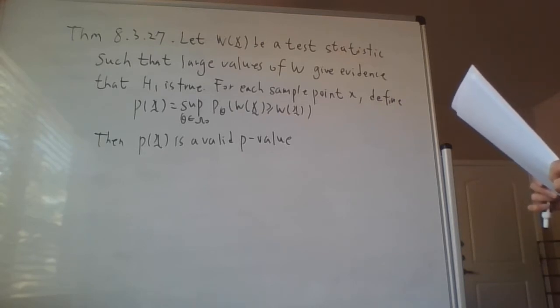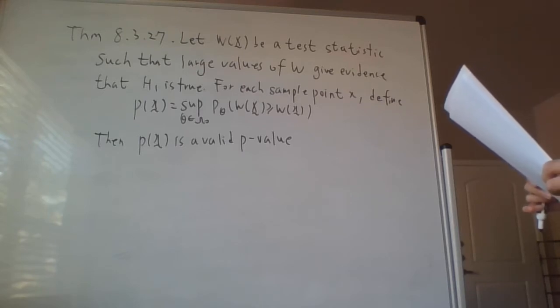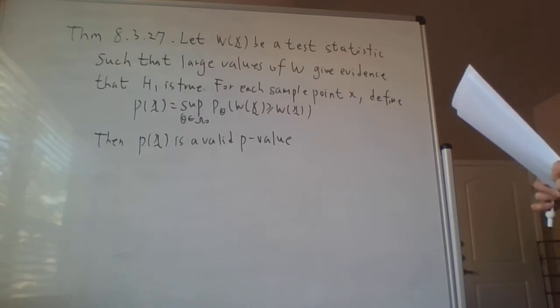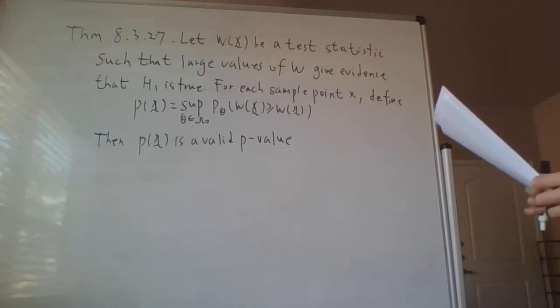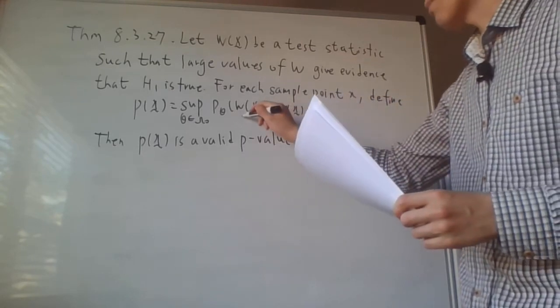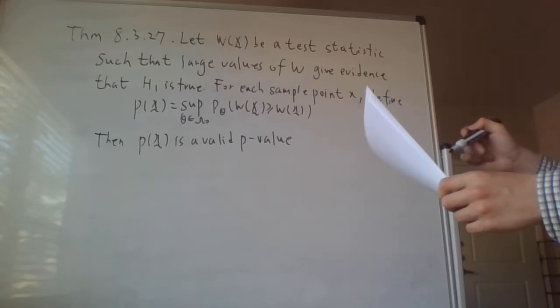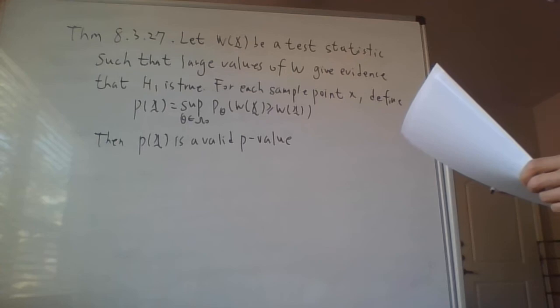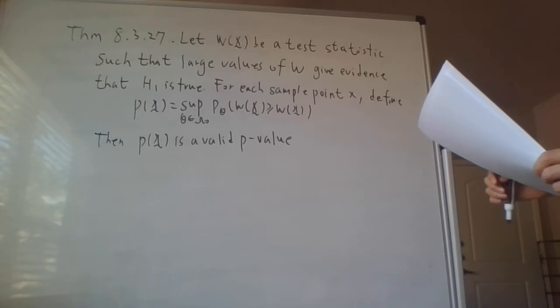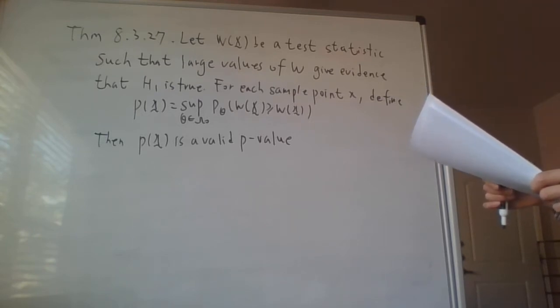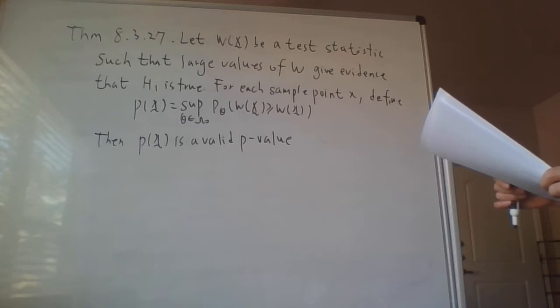And for sample point x, we define p(x) equal to the supremum under the null hypothesis of the probability that W(X) is greater or equal to W(x). So W(X) is the random variable, and W(x) is the realized value of the test statistic. And then this p(x) is a valid p-value, which means that